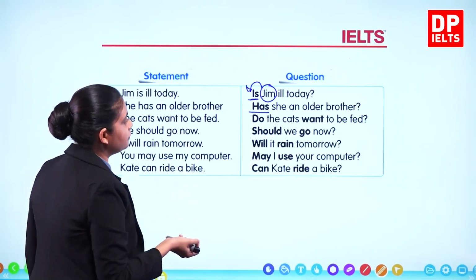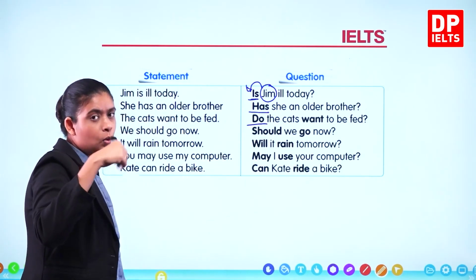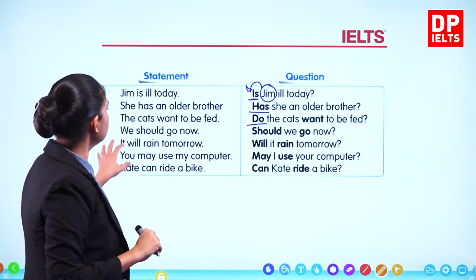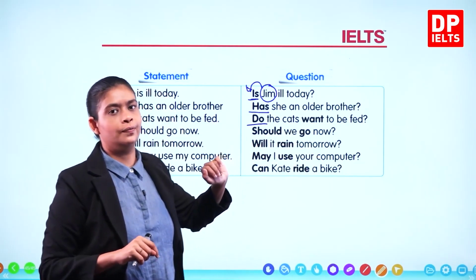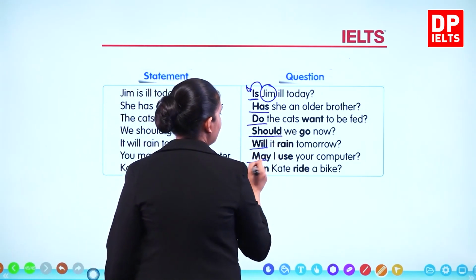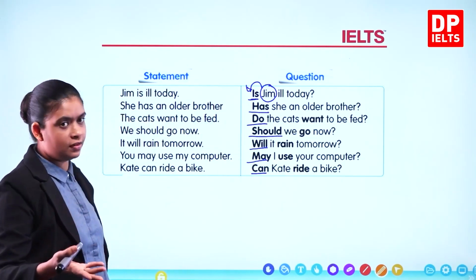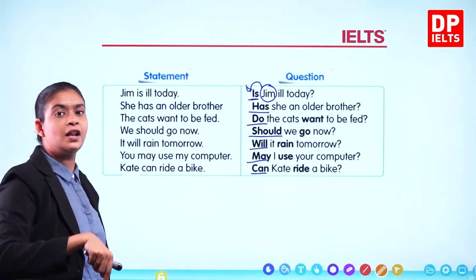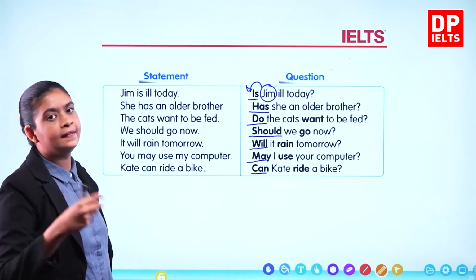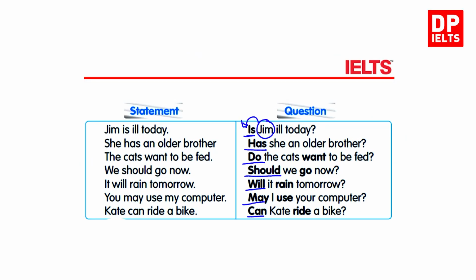The cats want to be fed. Do the cats want to be fed? Again, do comes before the subject. We should go now. Should we go now? Comes before the subject. Will, may, can. So all of those are helping verbs or auxiliary verbs that could be used in front of the subject, and that changes the statement into a question. ஸோ இதில் பார்த்தீங்கன்னா எல்லா ஸ்டேட்மெண்ட்ஸுமே கொஸ்டினாக மாறும்போது அந்த ஹெல்பிங் வேர்ப் ஆர் தி ஆக்சிலியரி வேர்ப் ஆர் ஹேஸ் ஹேவ் அதுகள் வந்து முன்னாடி